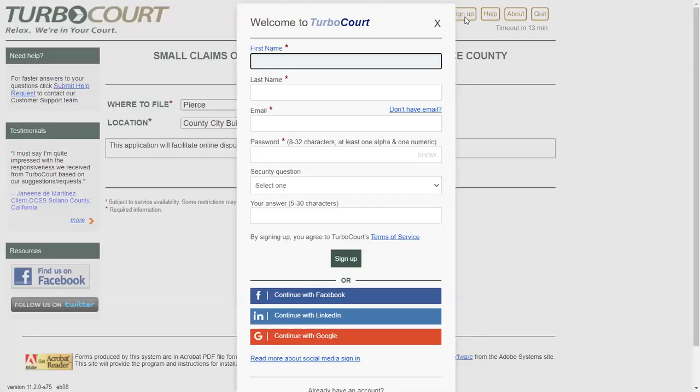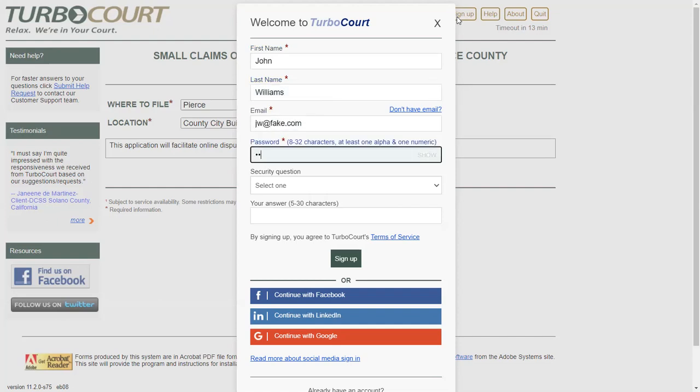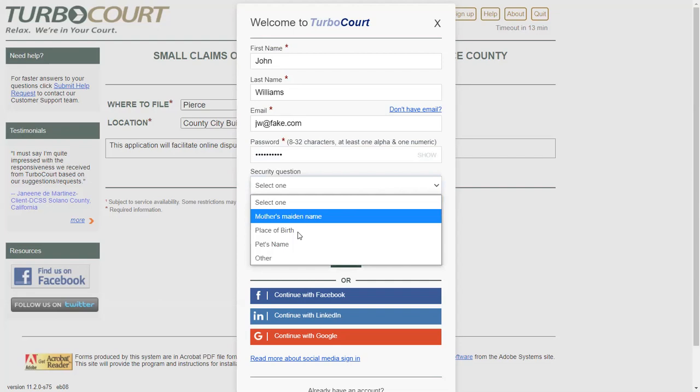Provide your name, email address, and create a password. Optionally, you can select a security question and corresponding answer in case you forget your password.